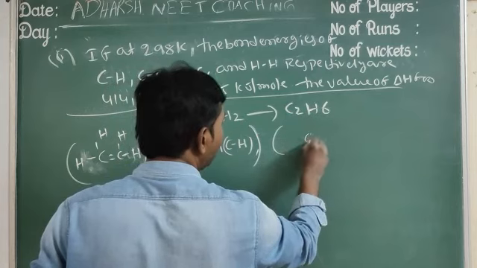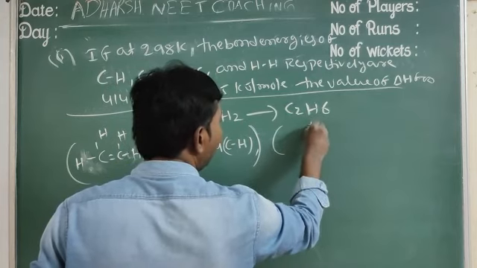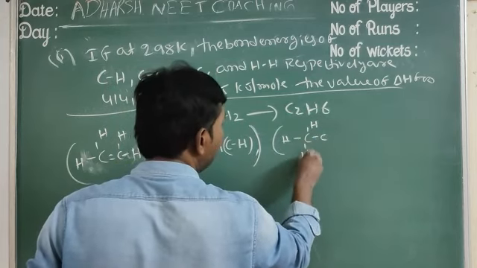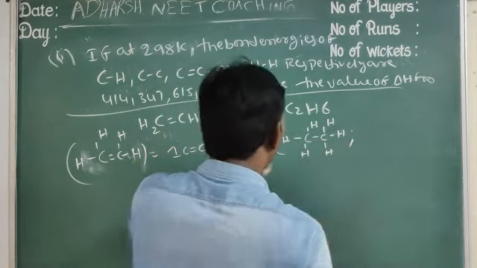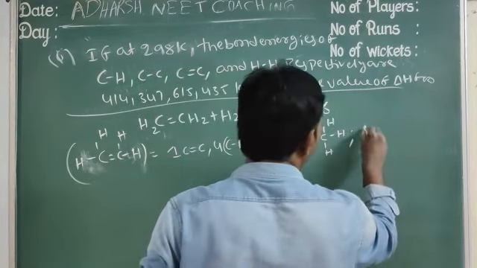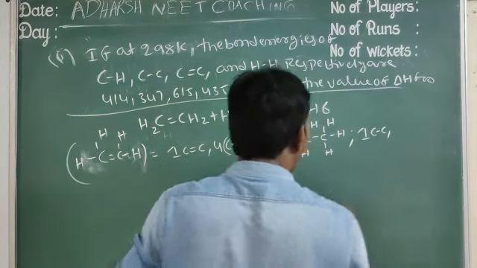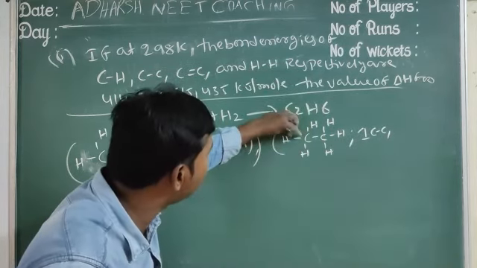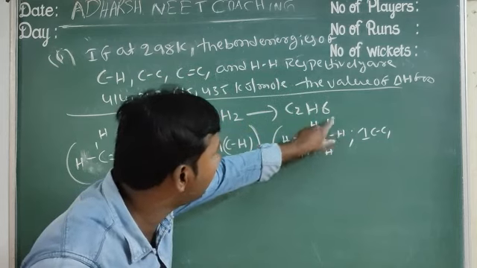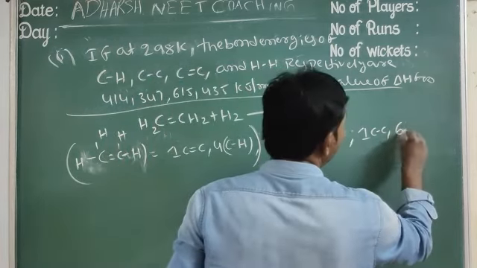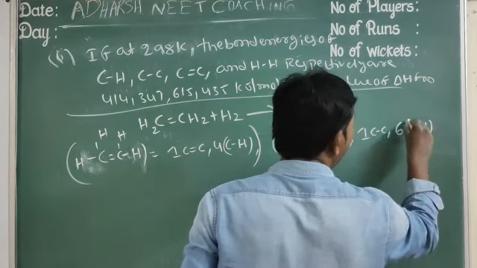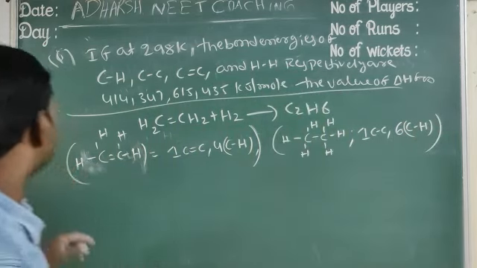C2H6 means C single bond C, with H, H, H, H, H, H. There is one C single bond C, and there are CH, CH, CH, CH, CH, CH. In total there are six C–H bonds. Okay. Now write